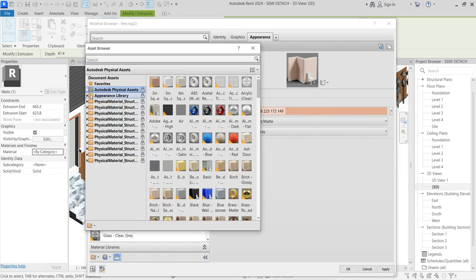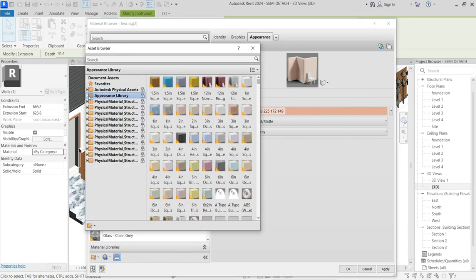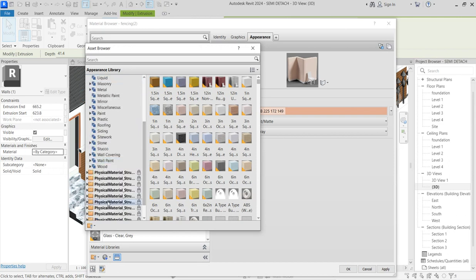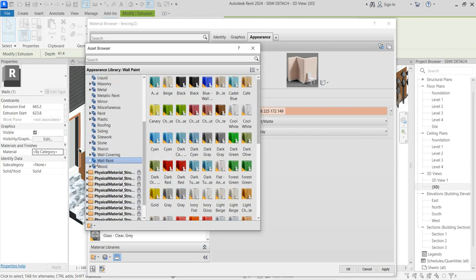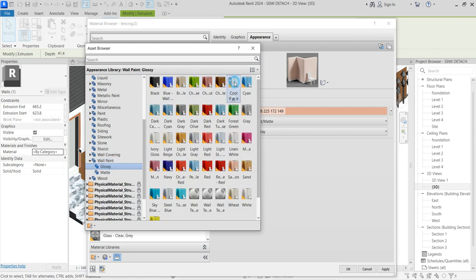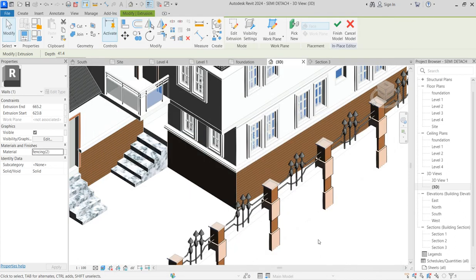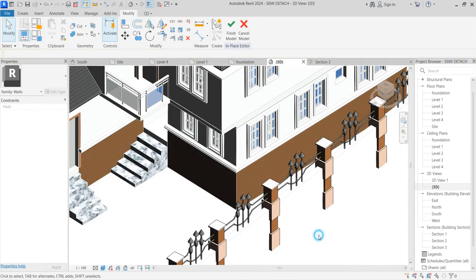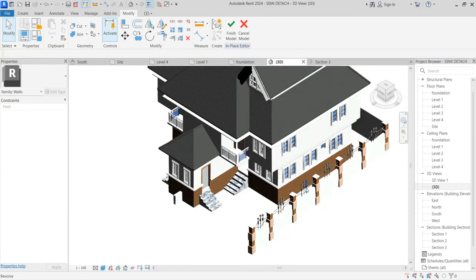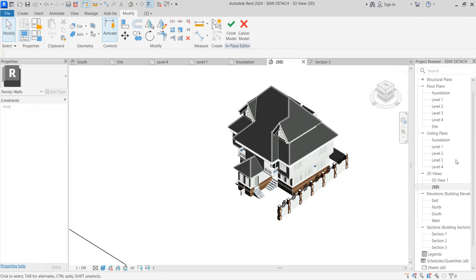Right here, you change what you want to change. I'm still going to use like the appearance. So I'm going to still use the paint this time around, the gloss one, which is cool white. So it automatically change. So now I will select all the fencing material,